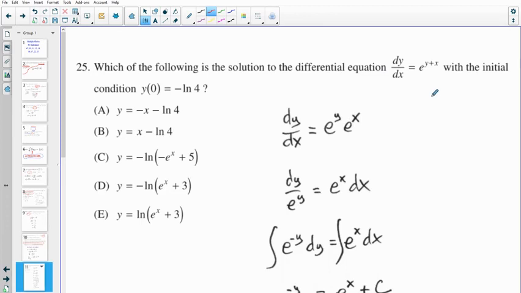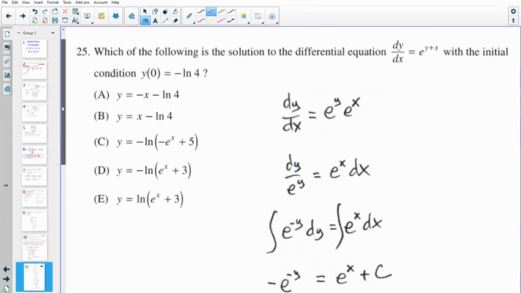I don't have a lot of options for this one. The only way I see of doing this is by doing separation of variables. dy dx, I'm going to separate this. I'm going to say that e to the y plus x can be split up to be e to the y times e to the x. That lets me separate my variables. I'll bring my y's over on the left side, bring my x's over on the right side, integrate both sides